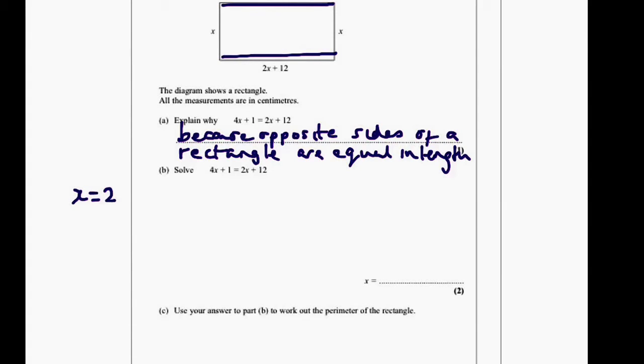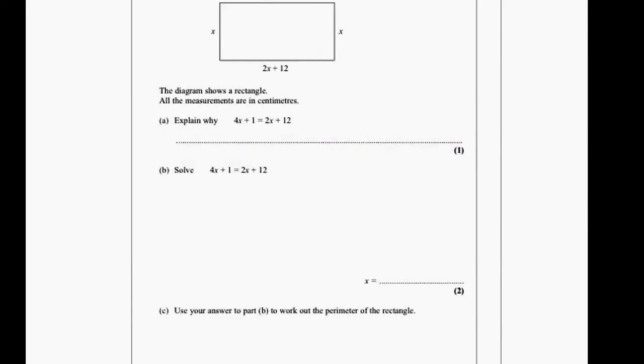Well, 4x would be 8 plus 1 would make this 9. And on the other side, 2x would make 4 plus 12 would make 14. No, it's definitely not that. So it's not x is equal to 2. I wonder, is it x is equal to 3? And you could try lots of them if you had enough time, particularly at the end of the exam, and just try and find the value that it was equal to. However, a better way of doing it would be to use the balance method,